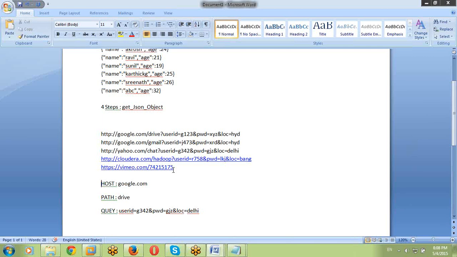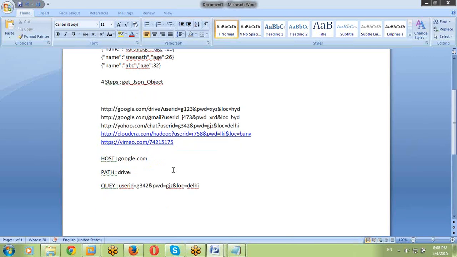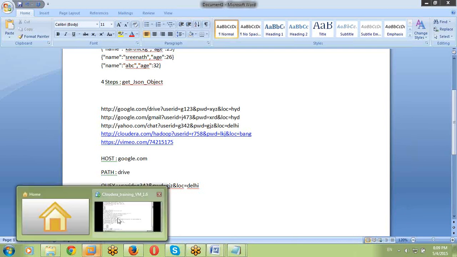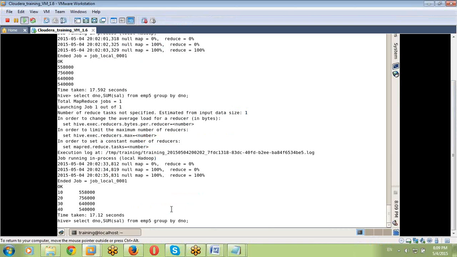Okay. Now based on the information, I want to convert into structured format. Now the 4-step strategy is there. By using this 4-step strategy, we are converting into structured format. So what function are we taking to clean this data, especially to handle log files, URL data? Yes, in our Hadoop, we have three different functions available.